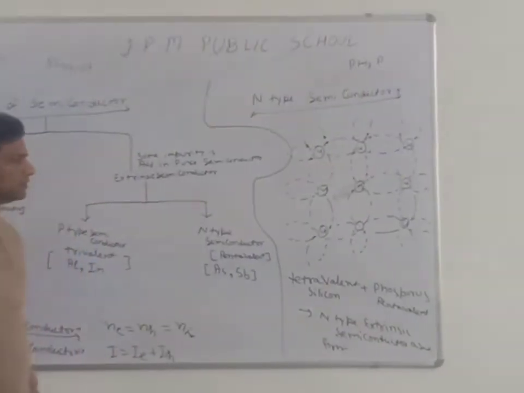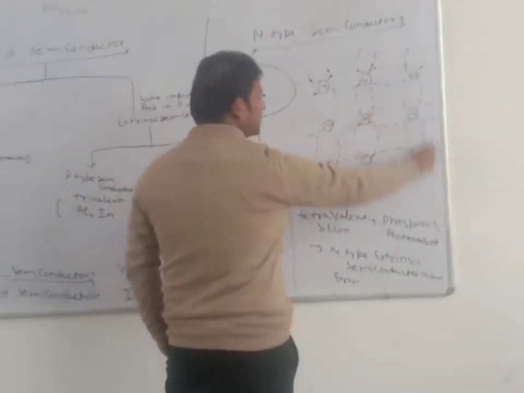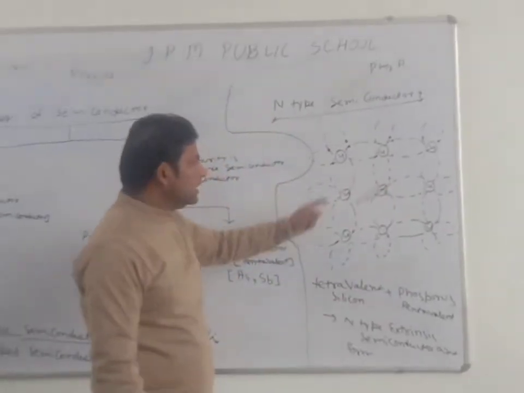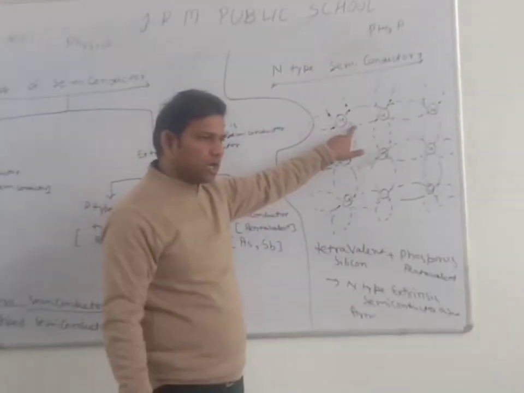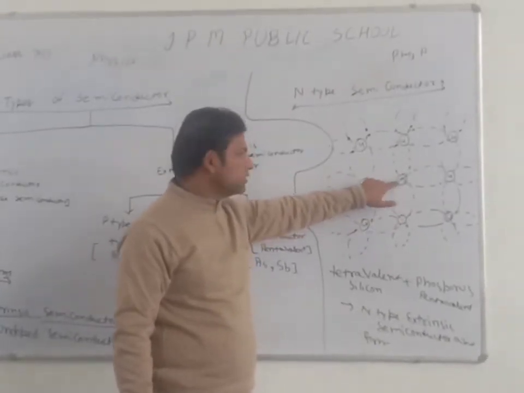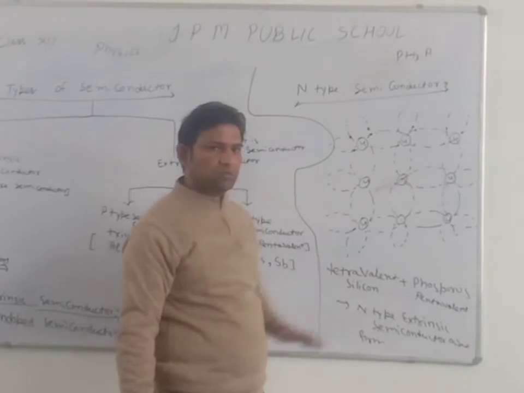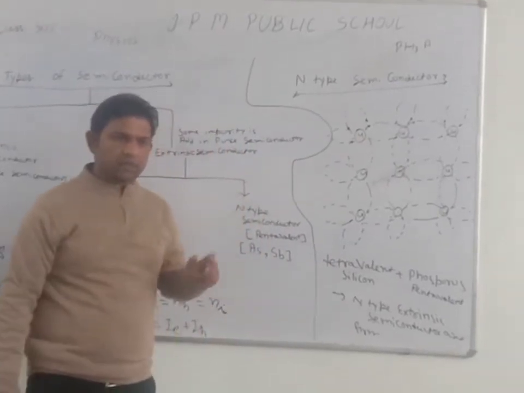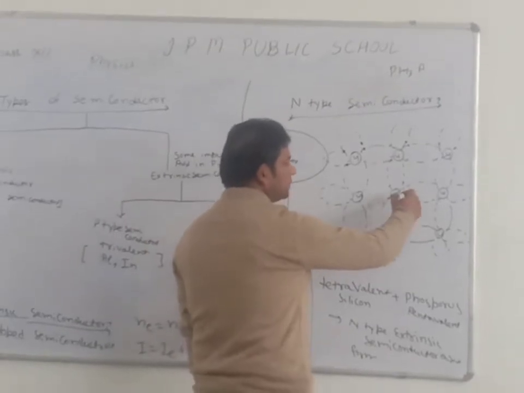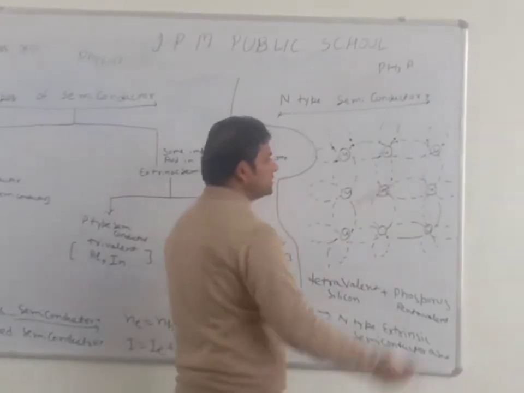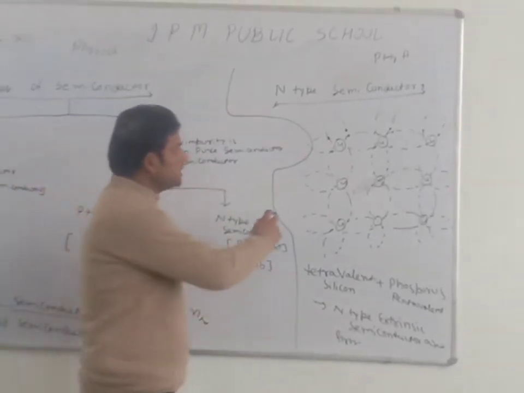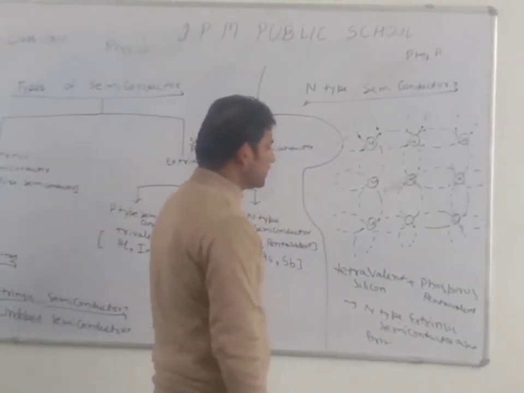This is a silicon crystal. We add a phosphorus atom, then silicon has 4 outermost electrons, and phosphorus has 5 outermost electrons. So these 4 electrons combine with 4 electrons, making 8 electrons, then a covalent bond is formed, and 1 electron is free. This free electron moves, meaning the conductivity is increased. So extrinsic semiconductor, the N-type semiconductor, is formed.